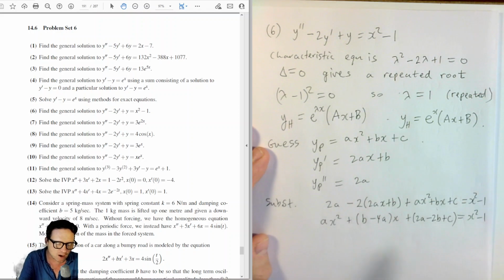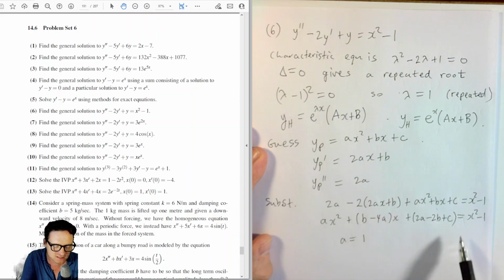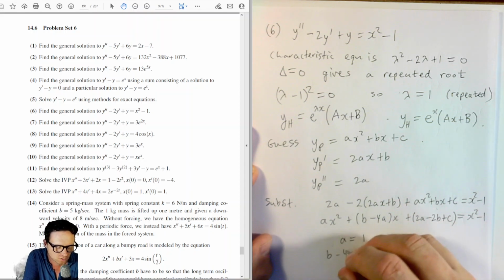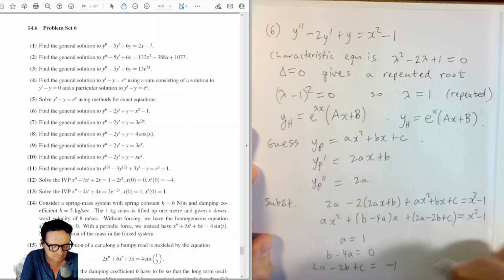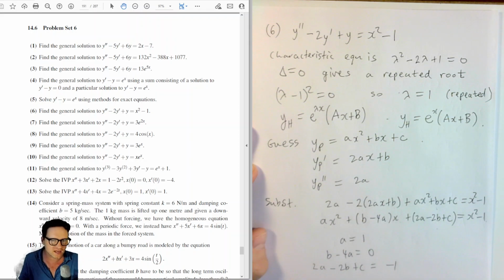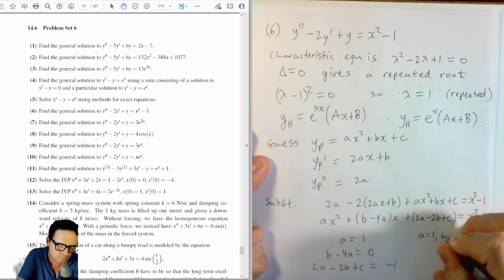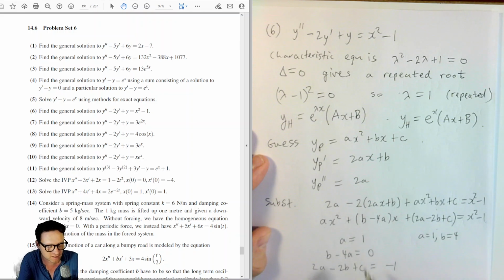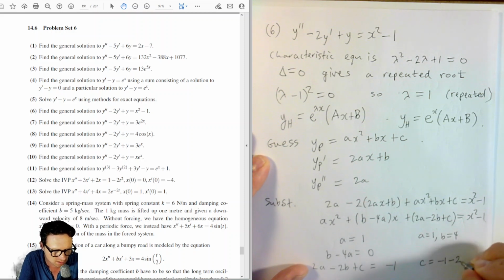Okay, so now let's set out matching coefficients. We have a has to be equal to 1, matching this with this, and b minus 4a has to be equal to 0 because there's no single x over here, and then 2a minus 2b plus c is minus 1, matching these coefficients. Okay, well, we already know a is 1, and so b has to be equal to 4 from the second equation, subbing the 1 in there, taking it over to the right-hand side. And so from the third equation, we have c is equal to minus 1 minus 2 times 1